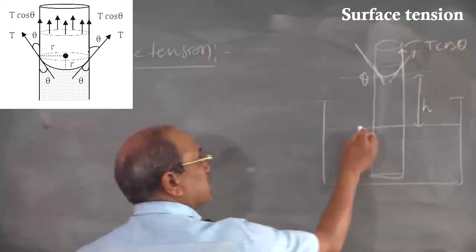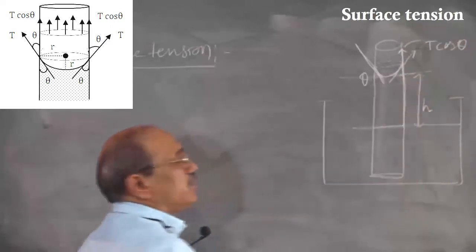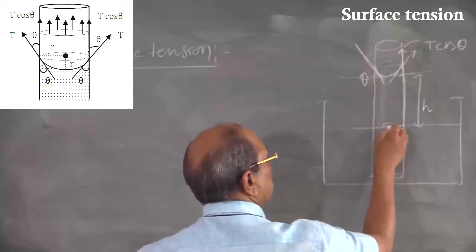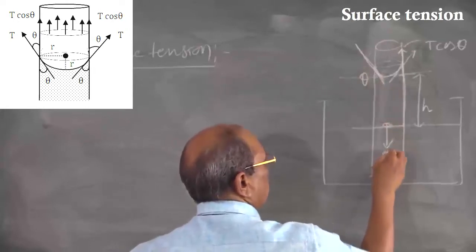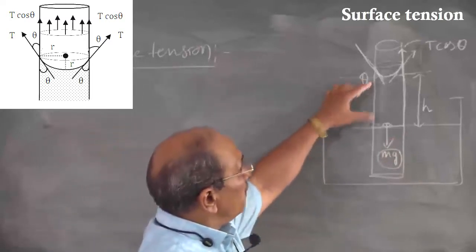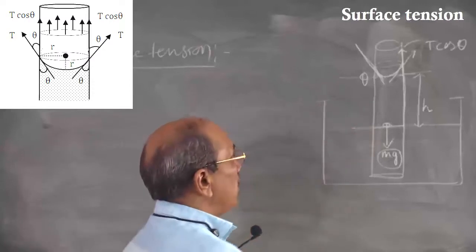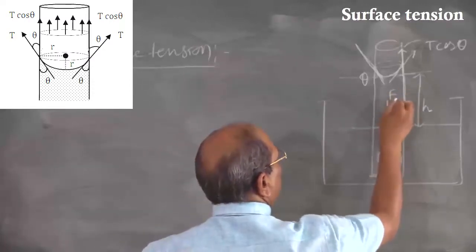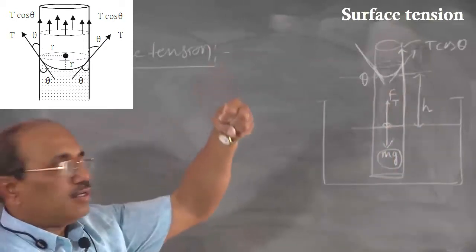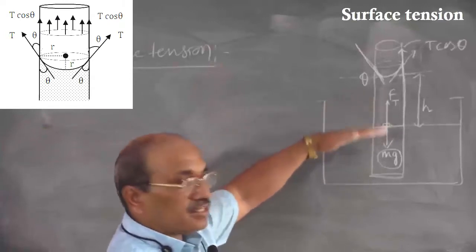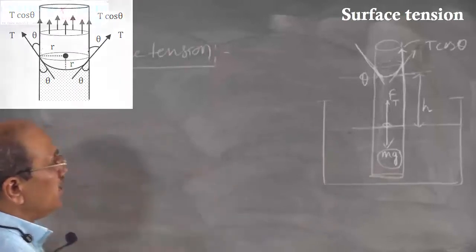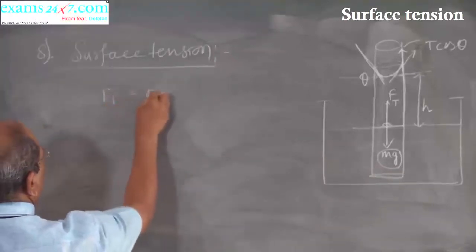So why does the liquid rise up to that height only? The reason is the weight of the liquid column must balance the upward force. If you see here, the total weight of the liquid column above the liquid surface, if I call it mg, and there is a total force due to surface tension acting upward, which is pulling the liquid upward. At the same time, the weight of the liquid is pulling the column down. When they become equal, that will be the equilibrium position. Taking that force equal to mg, if you consider,